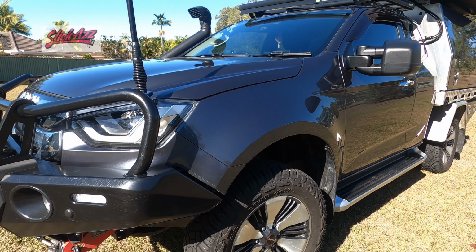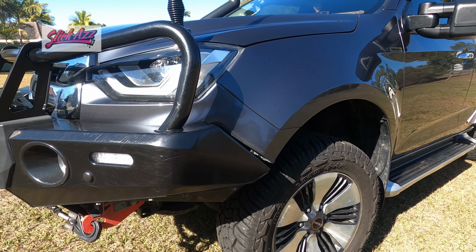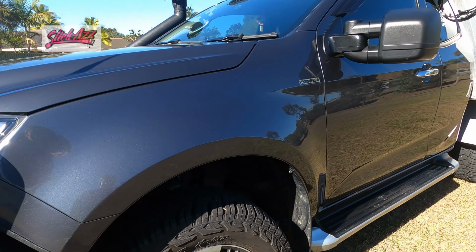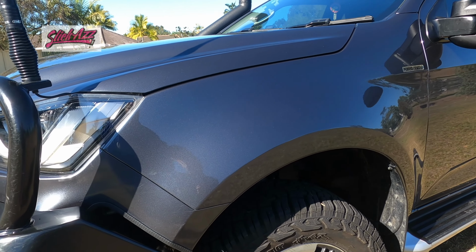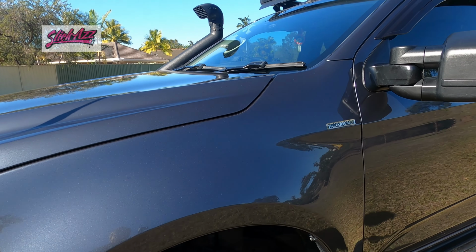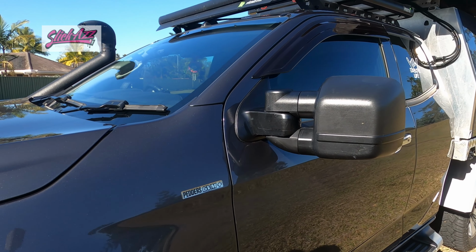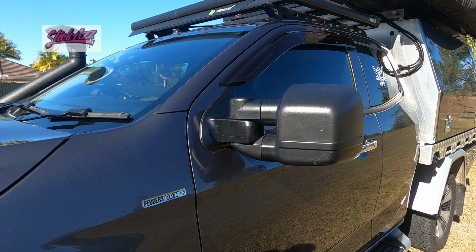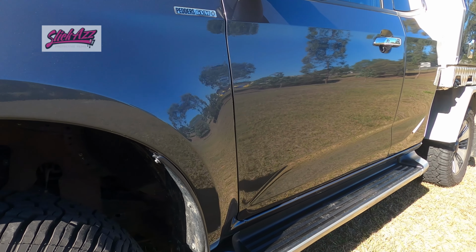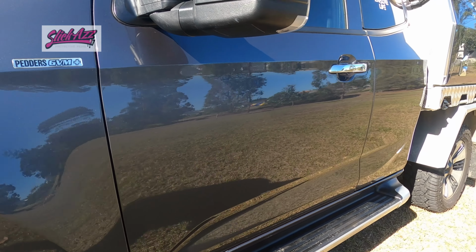So again, it's a pro wrap, so I'll show you a couple of pictures earlier in the video as to the difference between pro and a self-user installed wrap, which can leave up to about a 5mm gap at each of the edges where you put the covering on. So I'm just going over really slow now so you can actually see. As you can see on the mirror, it's got a few scratches on there, and if you look at the previous video, like I said, and have a look at the doors where it had the pinstriping before to where it is now, I can